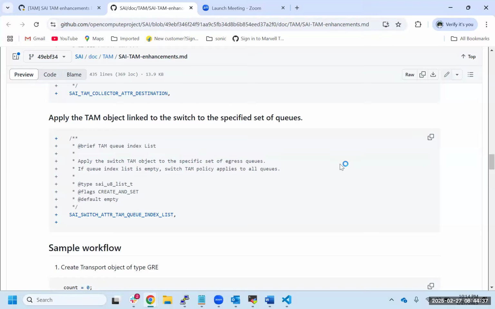Yes. And today, if we do the regular binding of TAM to queue object, then it's one queue object at a time, right? And you don't know when it's going to finish. Until all of that happens, do we say failure or not for the first calls? We don't know.